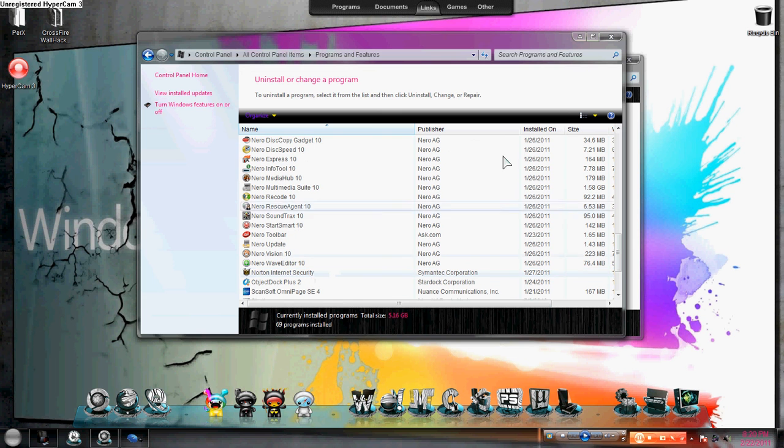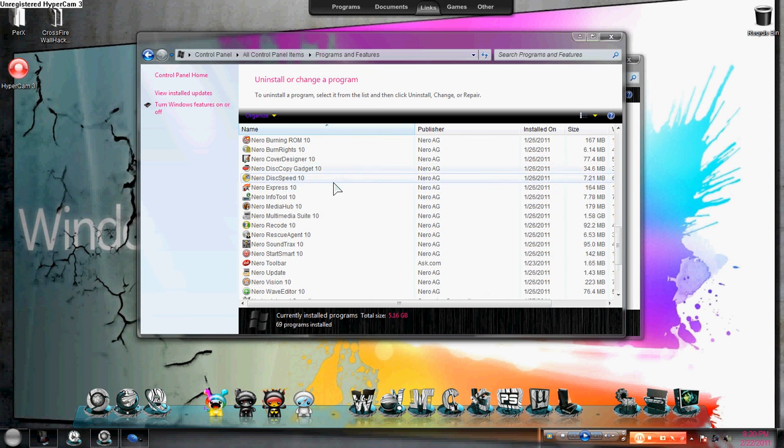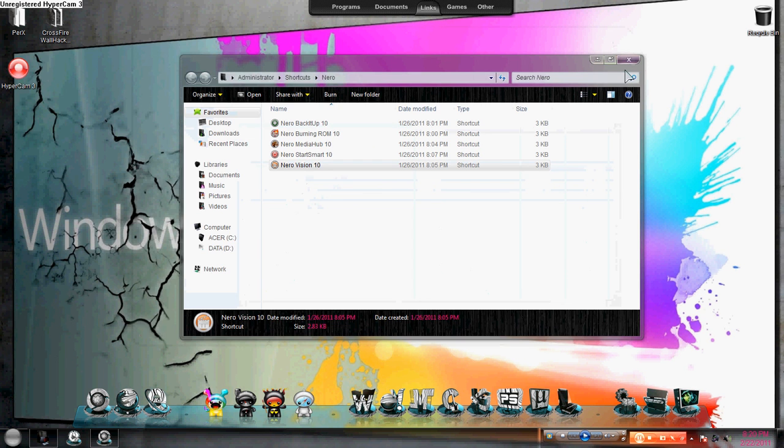And what this basically does is it edits your video files and burns them, and many more. It is very useful. And that's it for the tools or programs that I recommend.